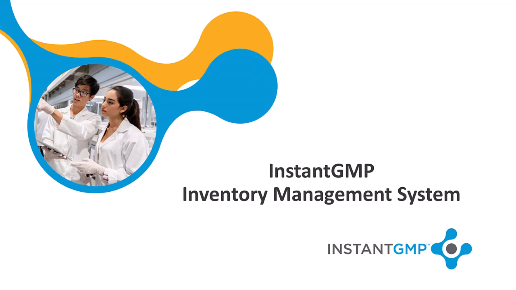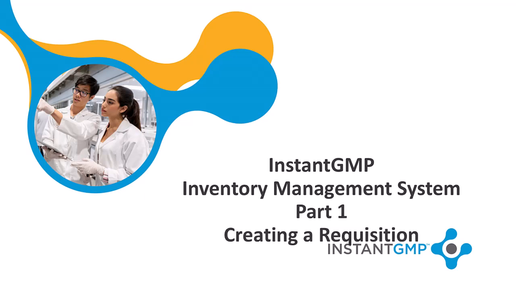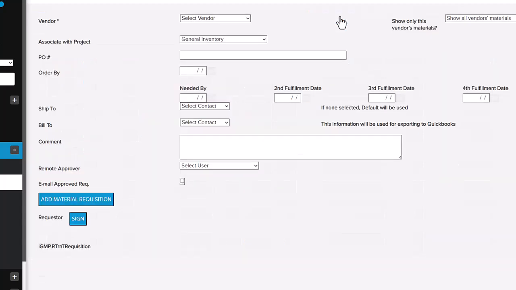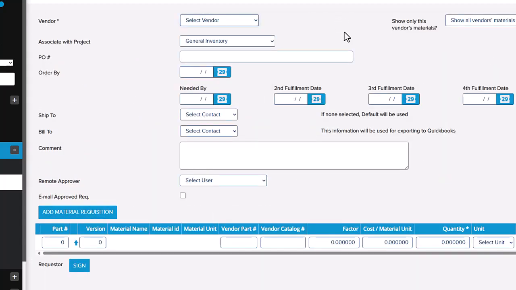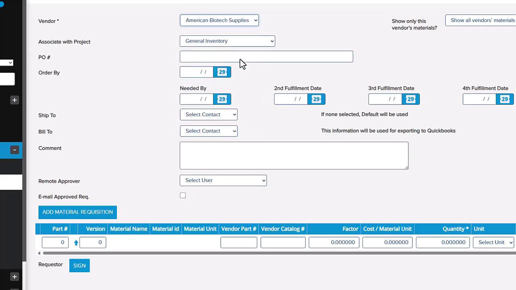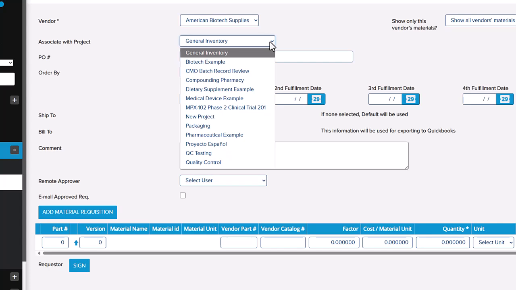In this quick demo, we're showing the basic workflows of the inventory management module. Click Add New Record to begin. Choose your vendor from the drop-down. If this order is tied to a specific project, you can link it here, otherwise, it'll go to your general